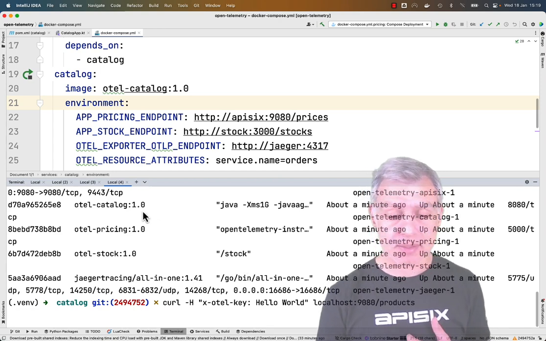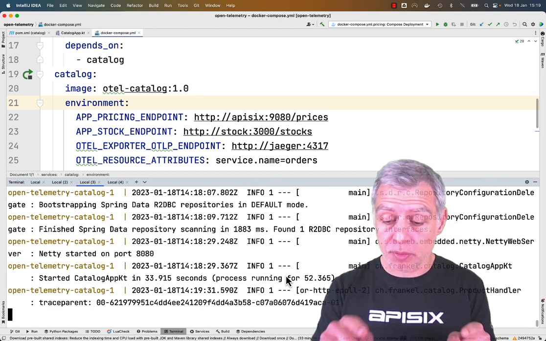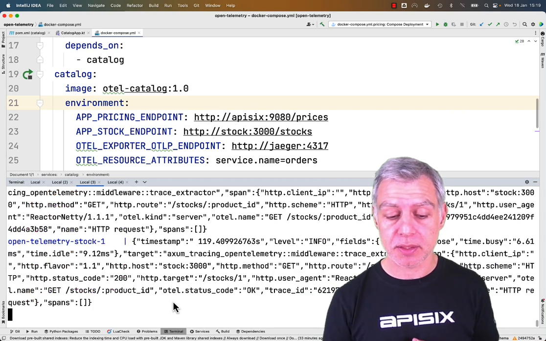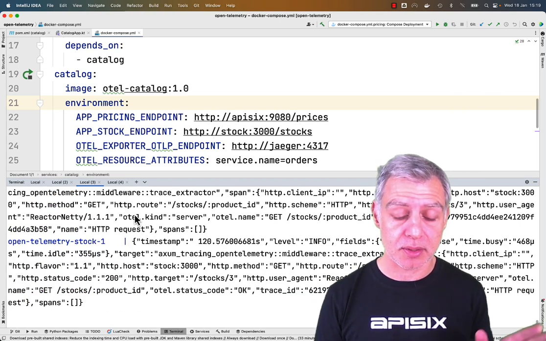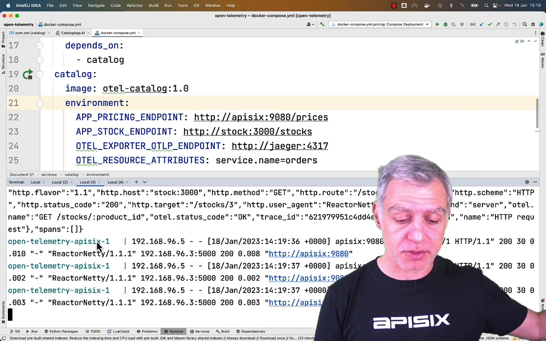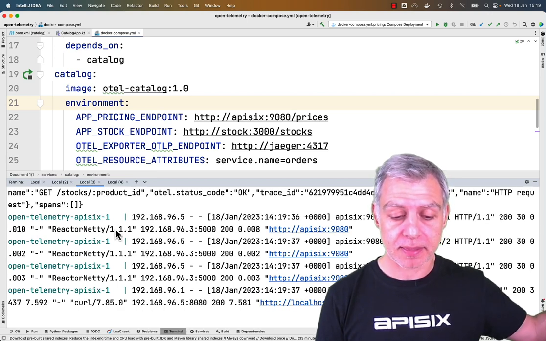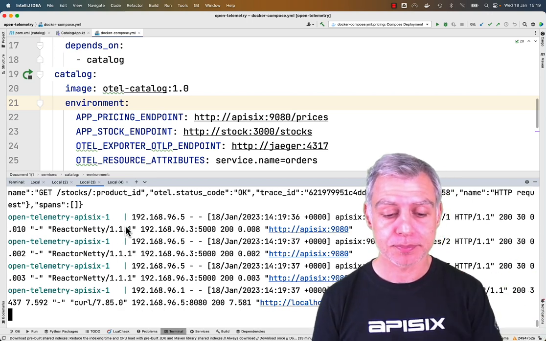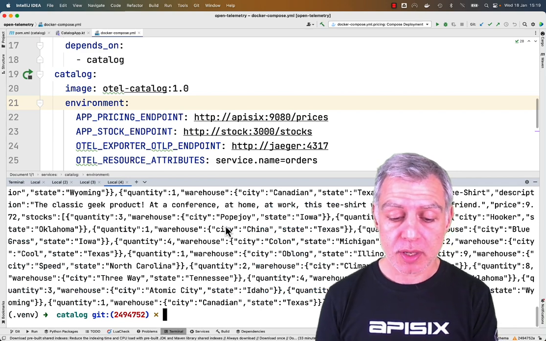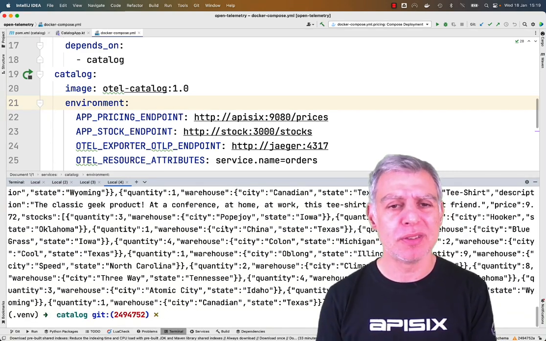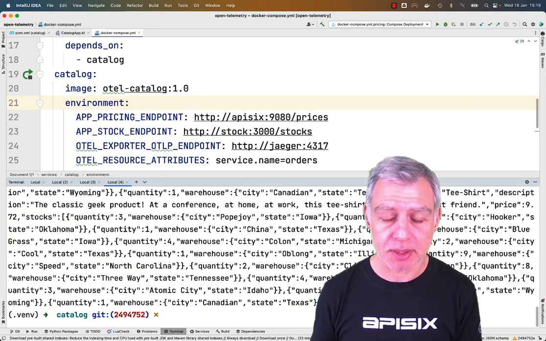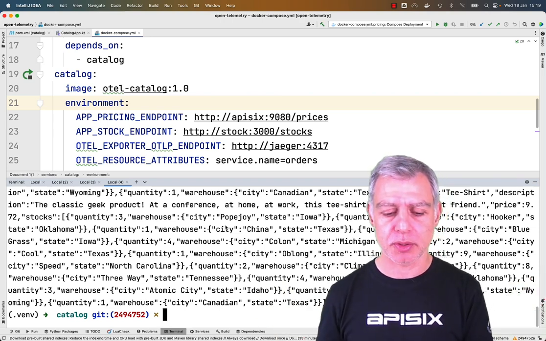It takes a bit of time because it will go through all our systems. Here you can already see that the catalog has taken, then the stock, the pricing, and Apache API 6 as well. So we've got the response, which is not very interesting as it is, but it still gives you the data you ask for.